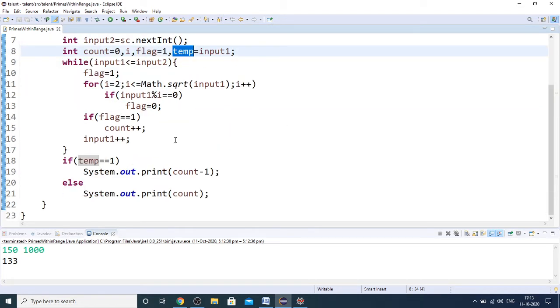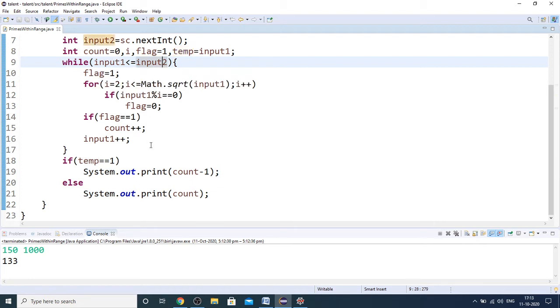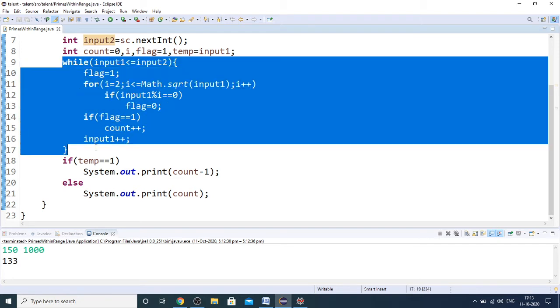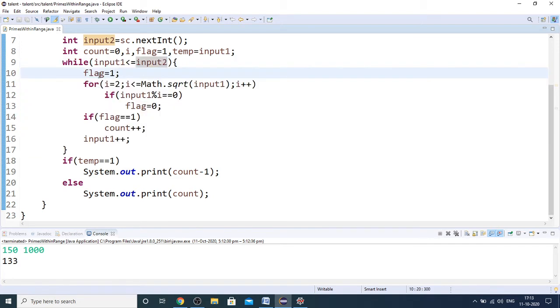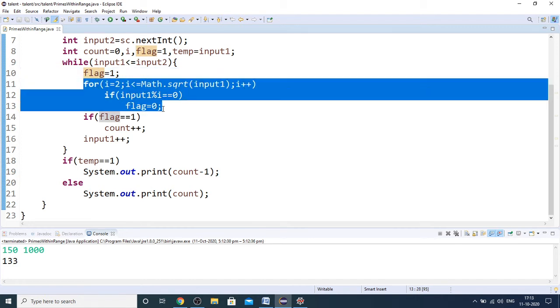So here you can see the logic. While input 1 is less than or equal to input 2, that is, start value is less than or equal to the end value, I am running through this loop, this particular block, and I am initializing flag to 1. This particular block is used to check if a particular number is prime or not.